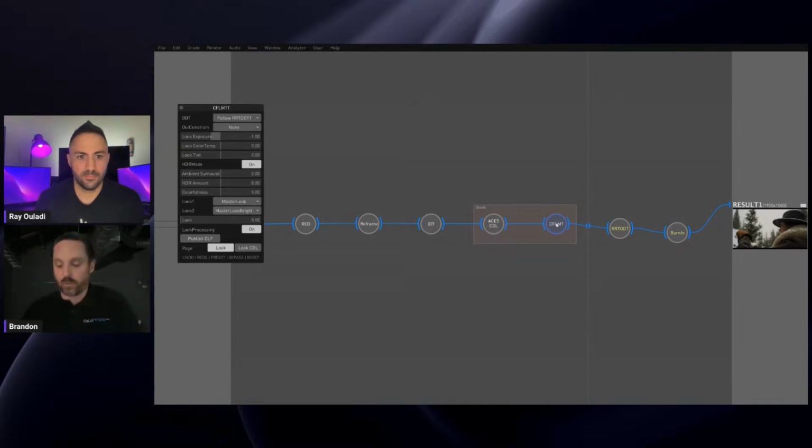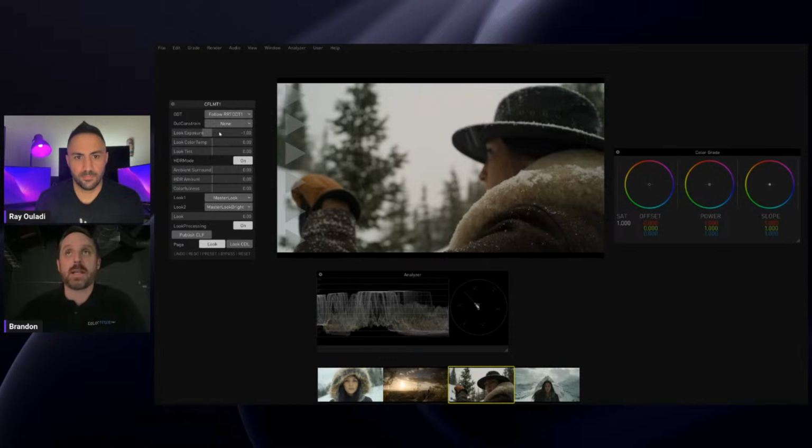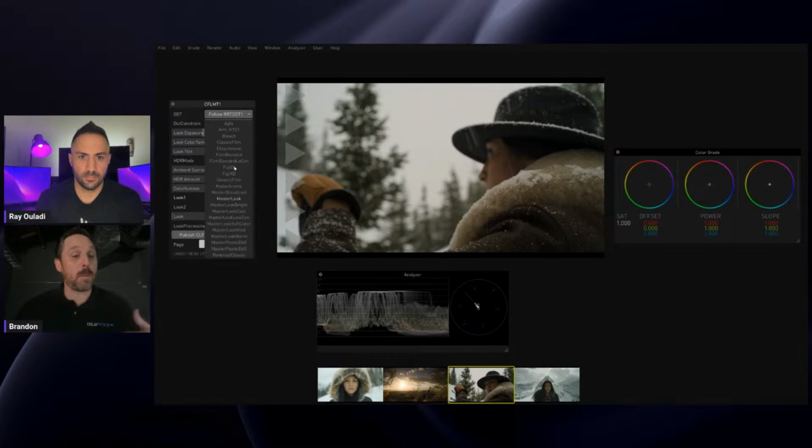And so one of the things that's really great about the Colorfront Engine's LMT node is you can create your own look. And inside of it, we've got this look 1 and look 2. And so if I click on this, we've got a bunch of different looks that are embedded inside the software, such as anything with master or master look bright or low con or soft color. These were all developed by Colorfront by Bill Feitner. Then we've got your film stocks, your Kodachrome, you've got your bleach bypass, you've got the Arri K1S1, you've got all these things, and you can make your own look on the footage.